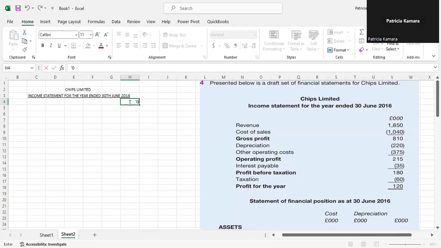So we'll start with our revenue figure. Our revenue has been given as £1,850. So we are putting them into brackets because for the moment, we do not know whether there is additional information